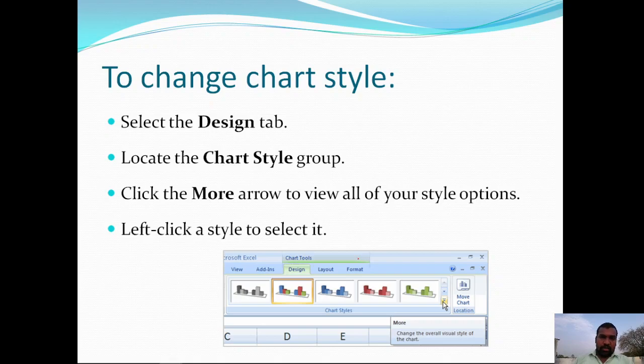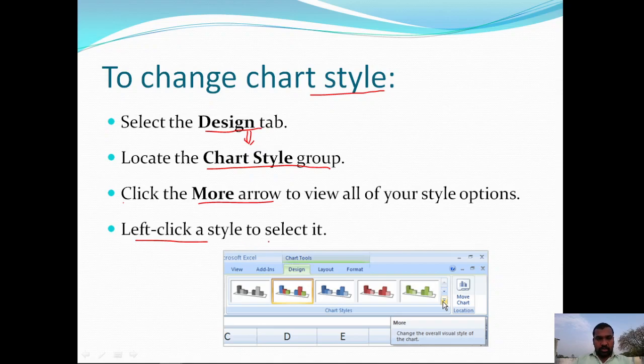Now it's time to learn how to change the chart style. Changing the chart style is also available under the design tab only. Go to the design tab, then go to the chart style group, click on the more arrow to view all the different chart styles that are available, and choose any one of those styles by using the mouse left button.